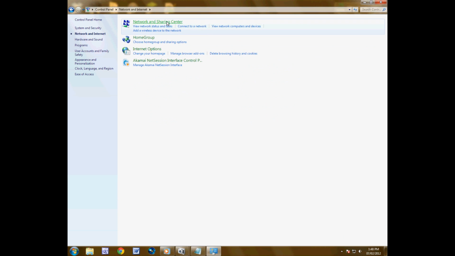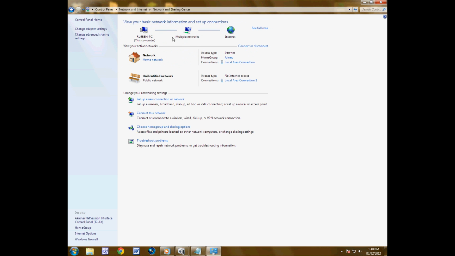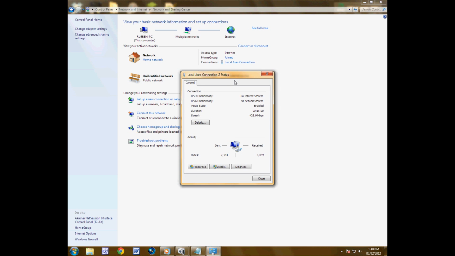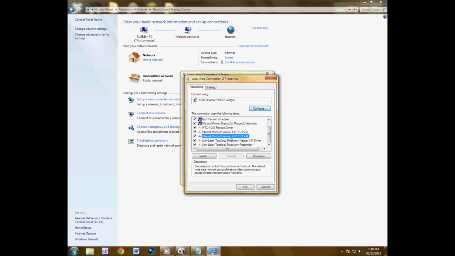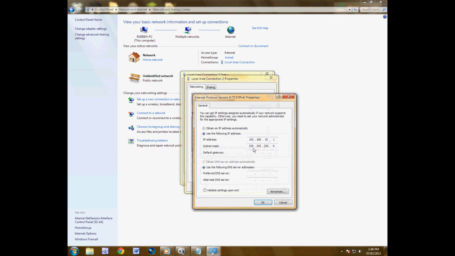Now here you should have two networks. You should have the network for your internet, which in my case is this home network here, joined by the Ethernet cable, and you should have this unidentified network, which is the Kindle running in diagnostics mode. So we're going to left click on the local area connection, or whatever it's coming up as your device, and we're going to go down into properties, and we are going to go down to Internet Protocol version 4 TCP/IPv4, and we're going to click on properties for that, and we're going to use this following IP address,